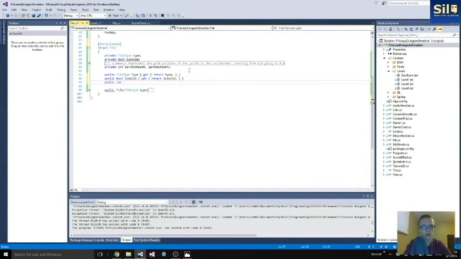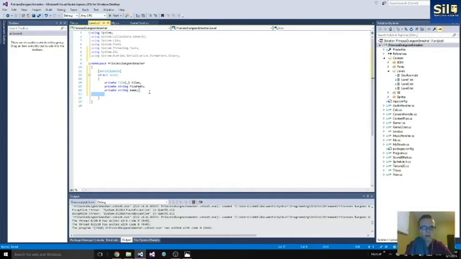Public int sprite sheet x get return sprite sheet x. And then y, we'll save that, go back here, do public,